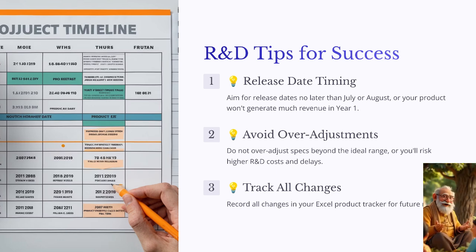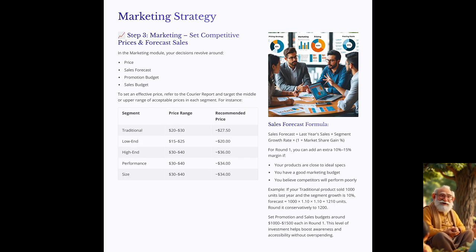Step 3. Marketing. Set competitive prices and forecast sales in the marketing module. Your decisions revolve around price, sales forecast, promotion budget, sales budget. To set an effective price, refer to the Courier report and target the middle or upper range of acceptable prices in each segment. For instance, segment, price range, recommended price. Traditional $20 to $30, $27.50. Low end $15 to $25,